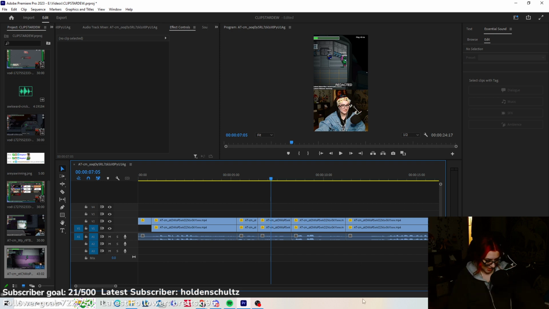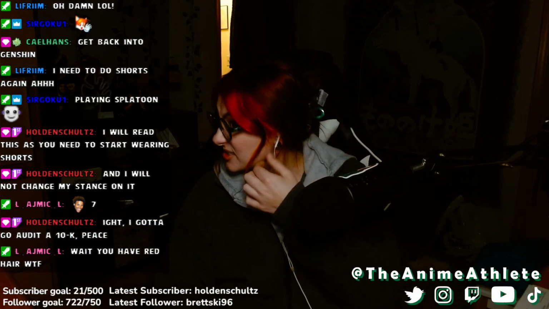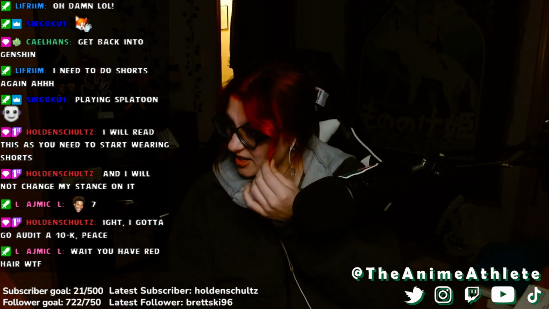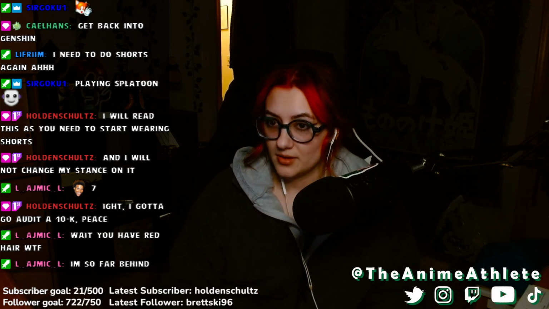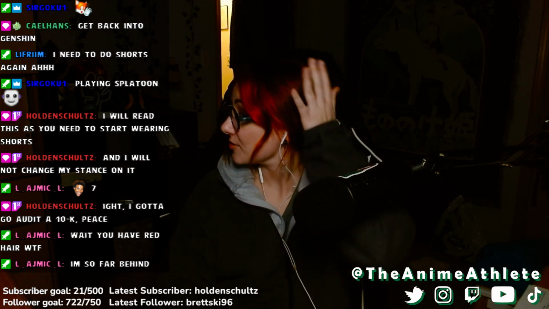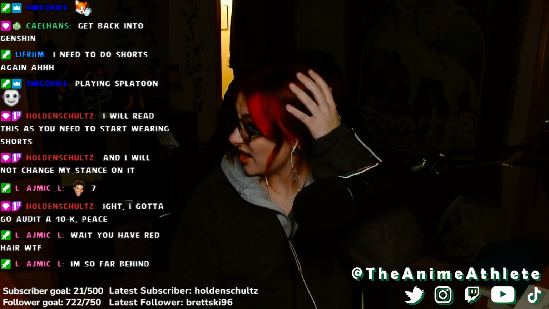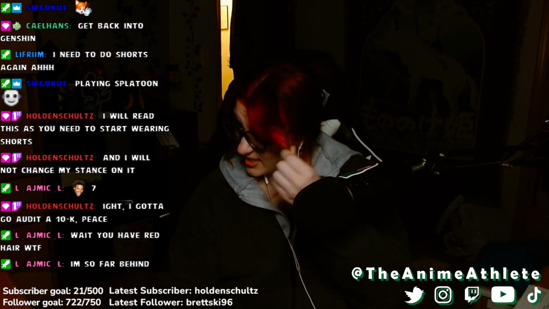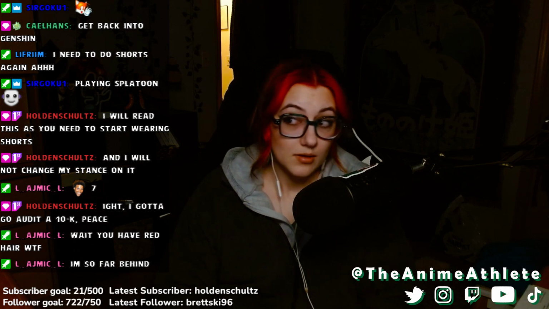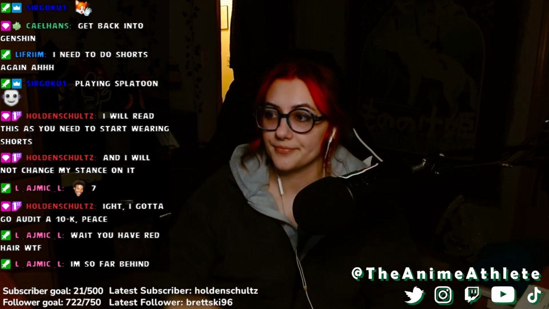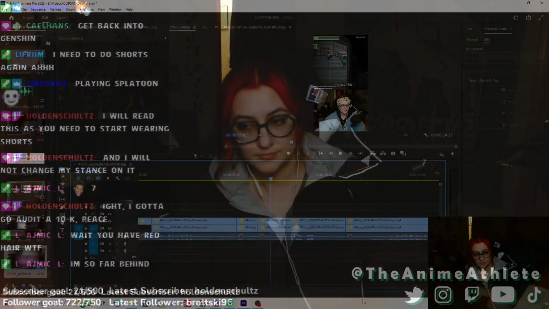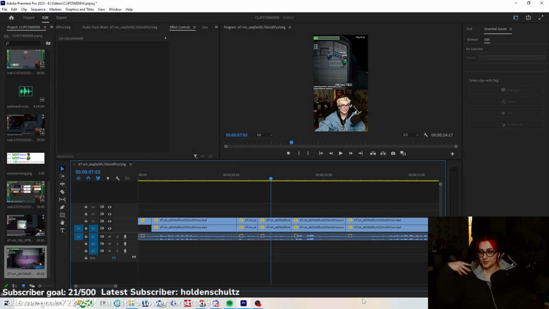You have red hair? I have money pieces. So it looks different in my lighting right now because my lighting sucks. But yeah, the rest of my hair is a dark auburn now because it used to be red and it faded. But this is actually a really bright red. My little money pieces that were bleached and then dyed red. So it is all red, just some of it is far more red than the other bits.